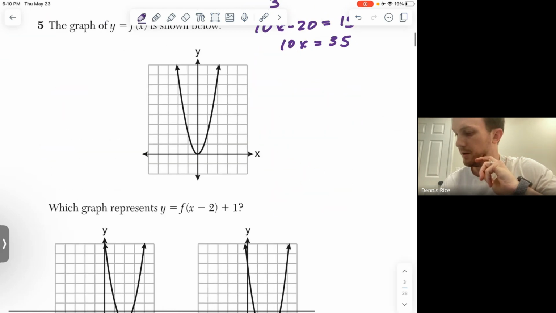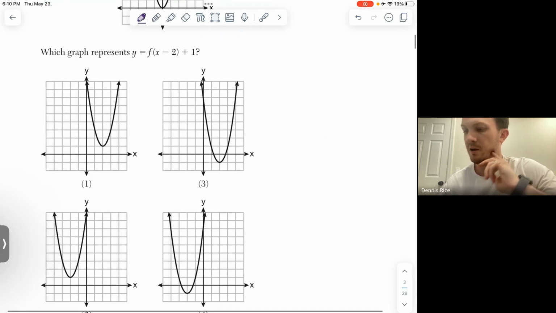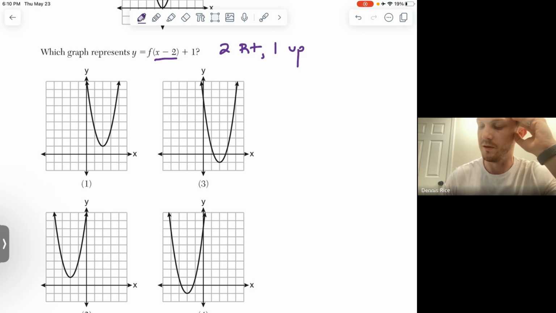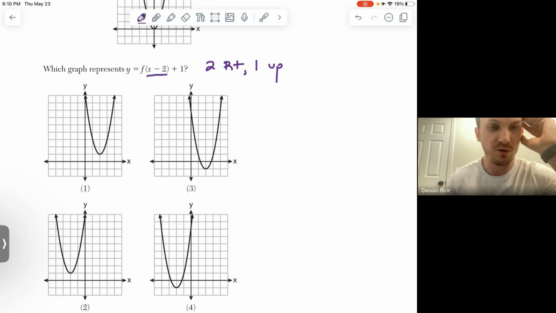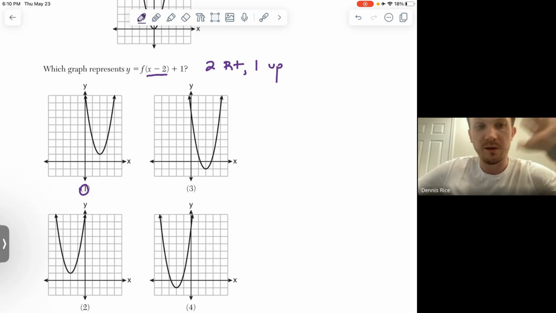Transformation question here. We went over this topic yesterday. The transformation they're asking about is an IHOP rule. So -2 is going to be 2 to the right, and 1 up. Now we're looking for the picture that's been shifted 2 to the right and 1 up, which would be choice 1. Remember, because it's inside the parentheses, inside the rule, inside the bars, IHOP, it's the opposite